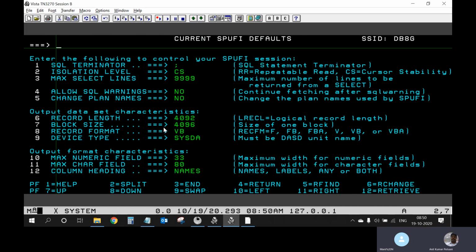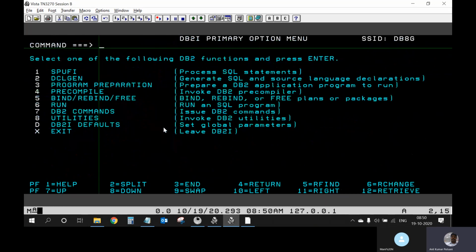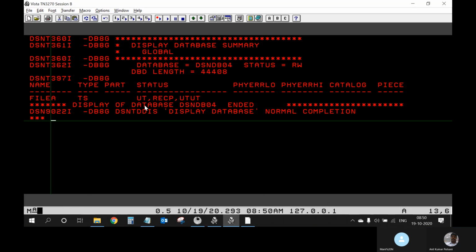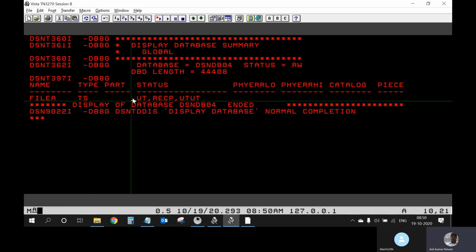If I show you option number 7 one more time, the display statement, I can see the status as UT status. This is called UT status and this is recovery pending status. Generally you will not see this one, you will see this one. Which means your table space is now in a locked position.